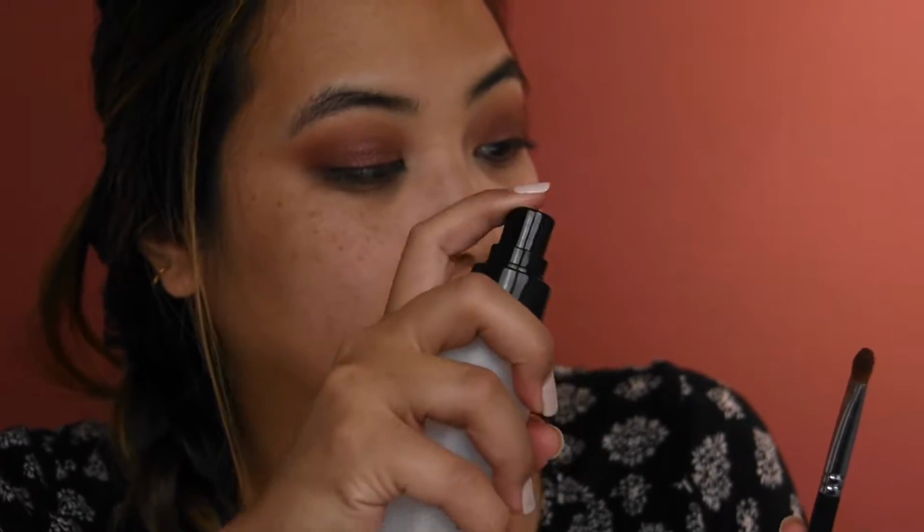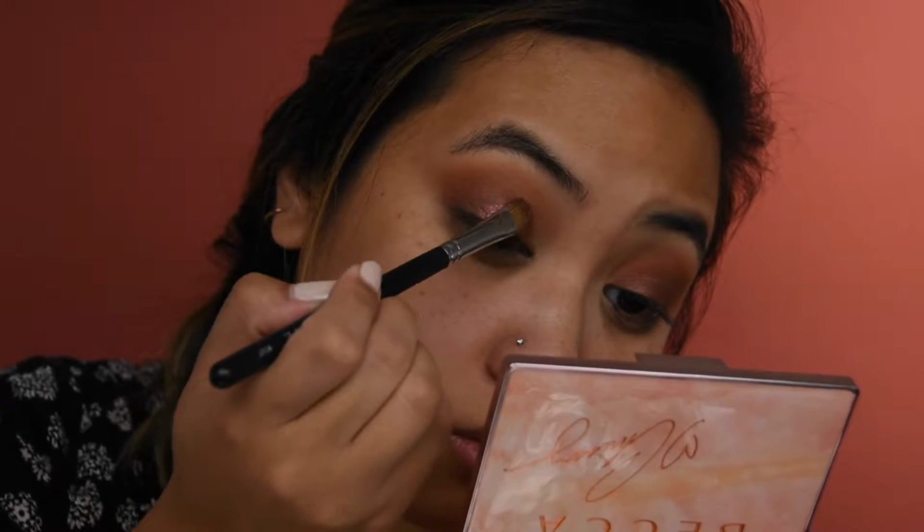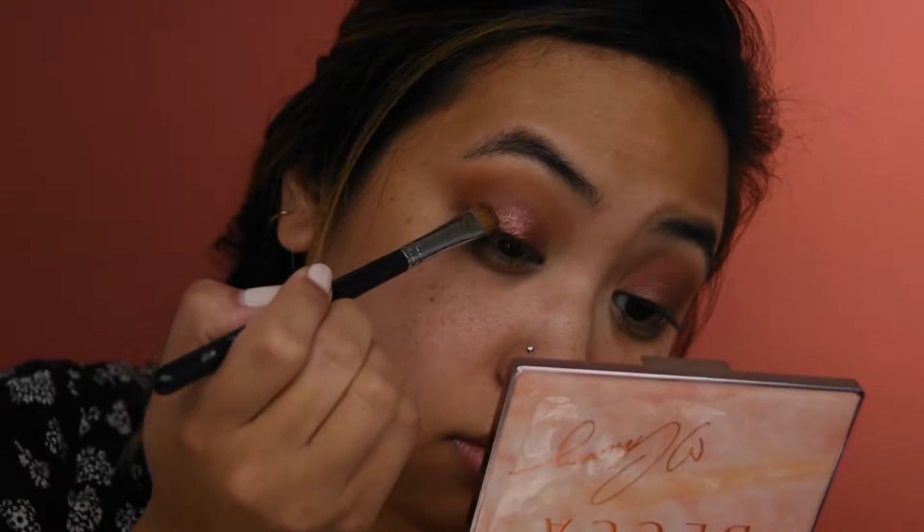I think I'm going to go ahead and spray my brush with this Makeup Forever Mist and Fix, and hoping that it works the same as Fix Plus. You can really see the difference now. Can you tell? Can you tell? Can you see it? All right, now that that shade is all over my lid,